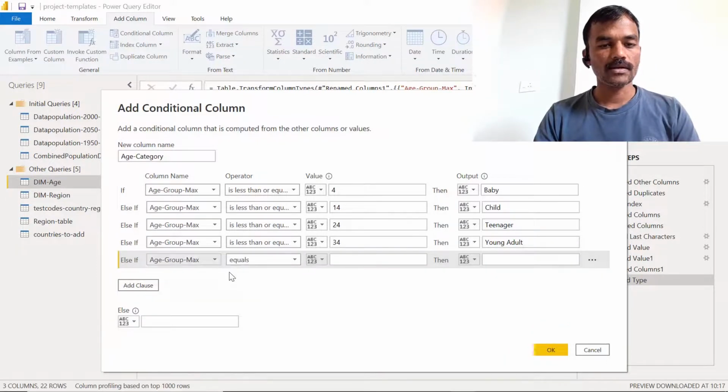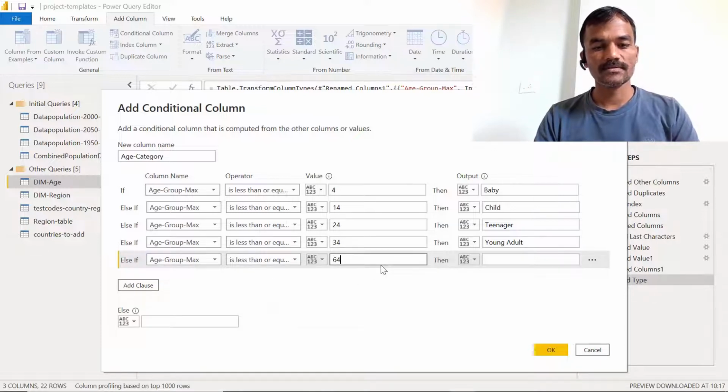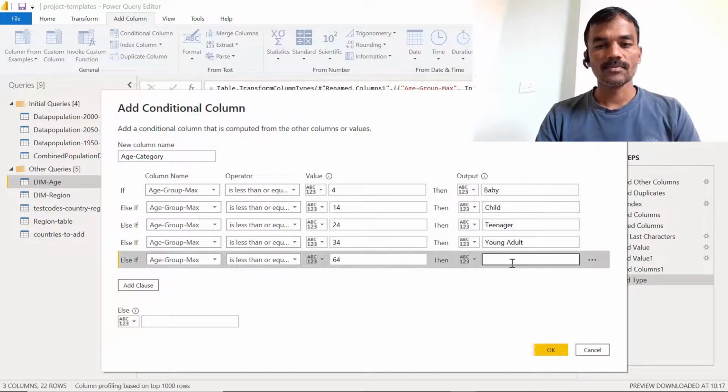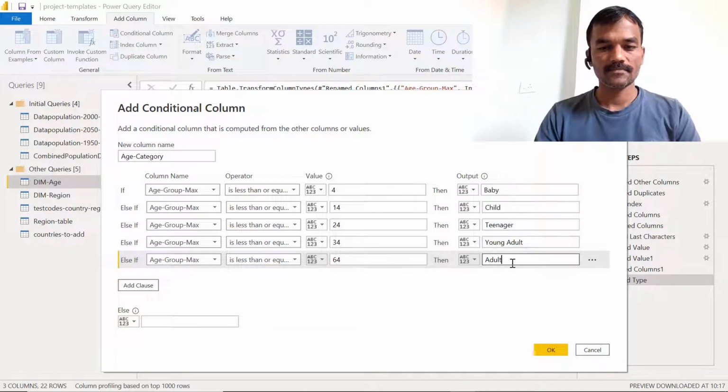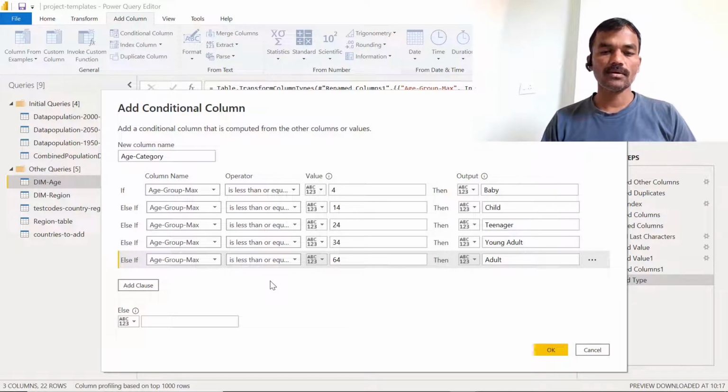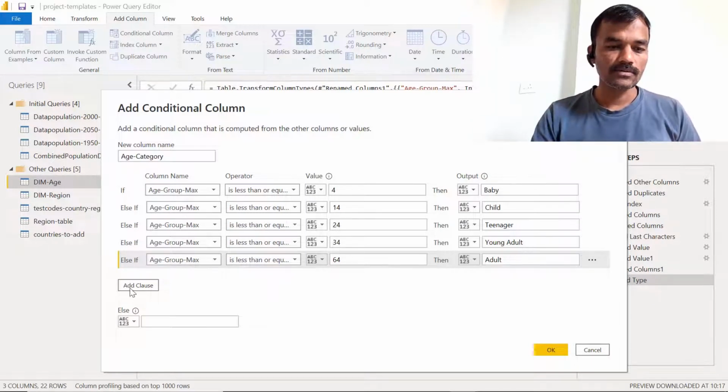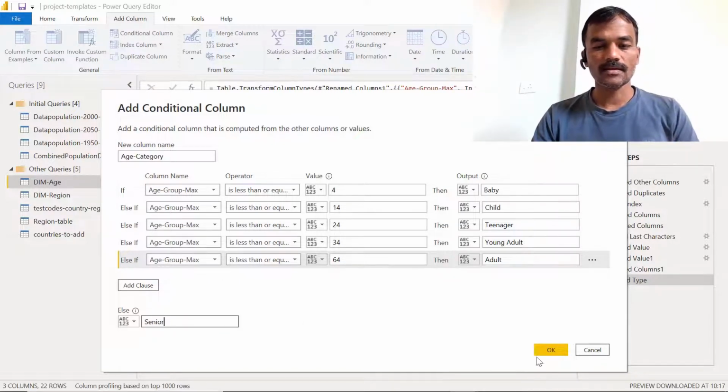One more category: if it is up to 64, we can mention it as adult. And lastly, whatever is above 64 is senior, so you can just mention it as else and make it senior, and click on OK.